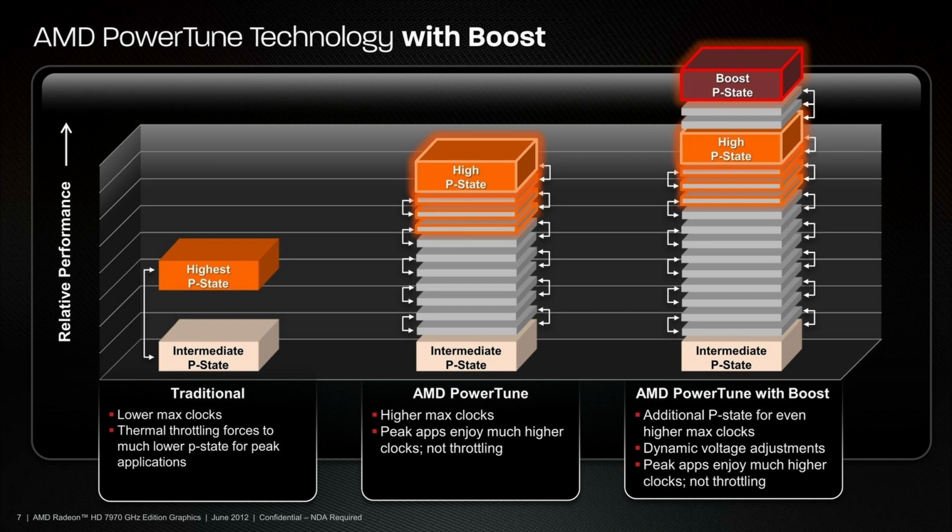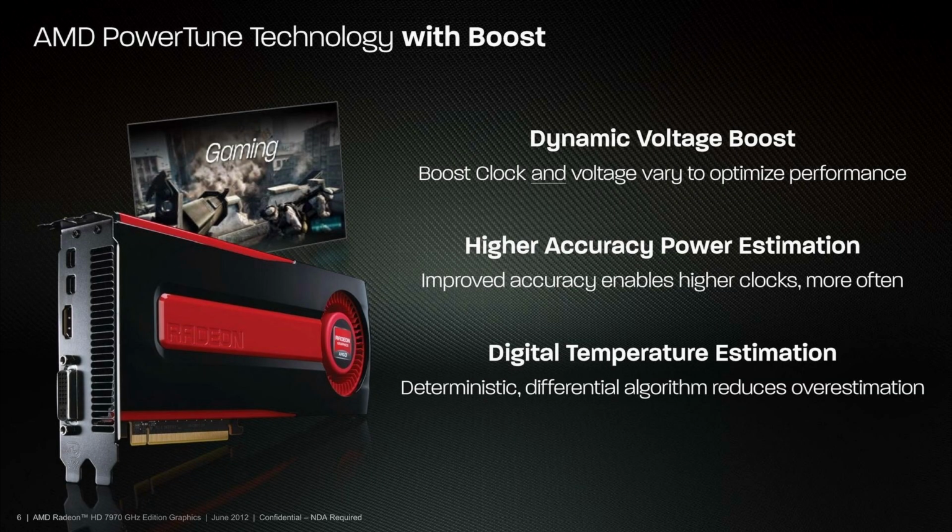The boost P state works the same as other P states, as the internal power usage estimate primarily drives it. However, on top of that, AMD also adds temperature into the equation. AMD calls this digital temperature estimation, or DTE. AMD estimates the actual junction temperature using DTE instead of assuming the GPU is operating at the worst case junction